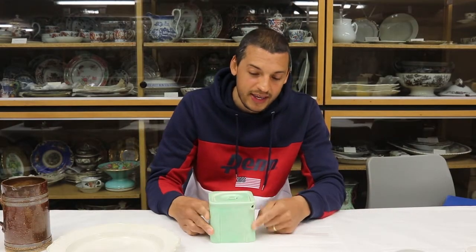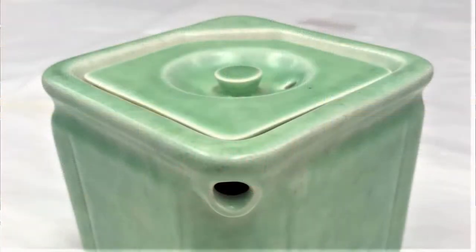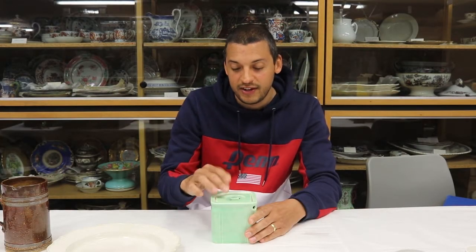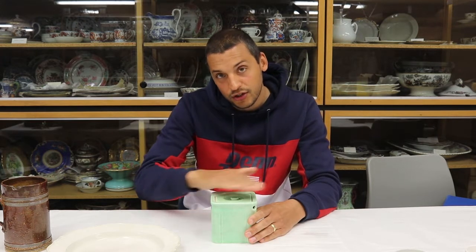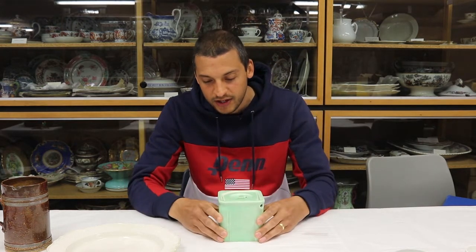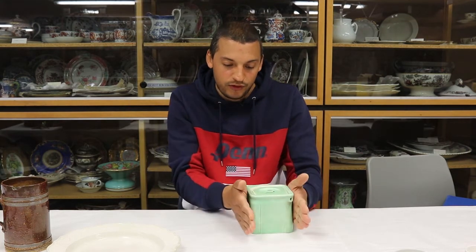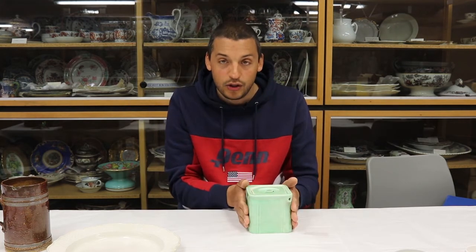You can see the spout here is tucked in. That's not going to get knocked off. The knob or the finial here is sunken down, so again that's not going to be knocked off when you're moving it around. And its square shape made it absolutely wonderful in the sense that a lot of the larger